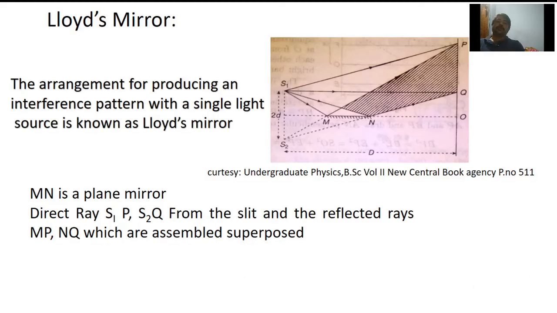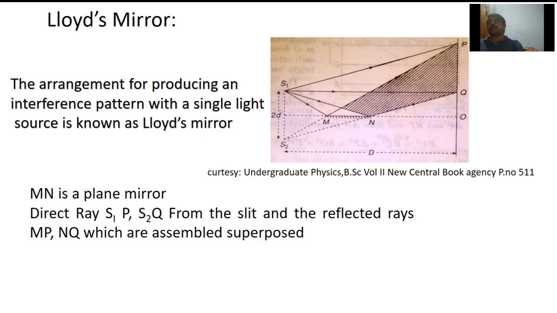Next, we will move on to Lloyd's mirror. Lloyd, in the year 1834, performed an experiment on the basis of division of wavefront. The arrangement for producing an interference pattern with a single light source is known as Lloyd's mirror. The experimental arrangement consists of a plane mirror MN, and a slit S1 illuminated by monochromatic light placed in front